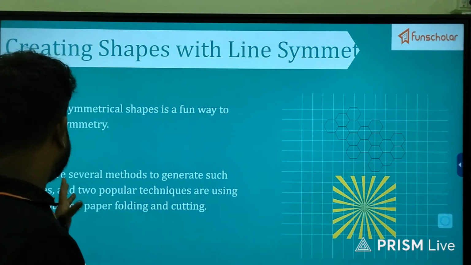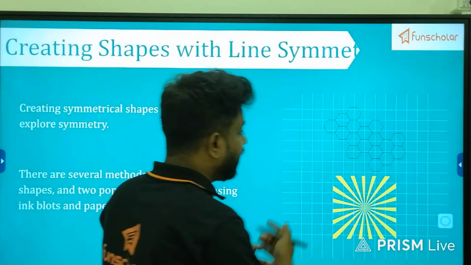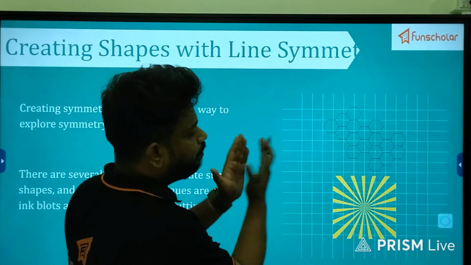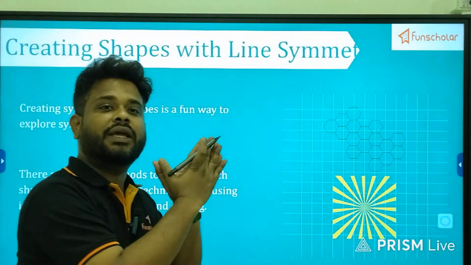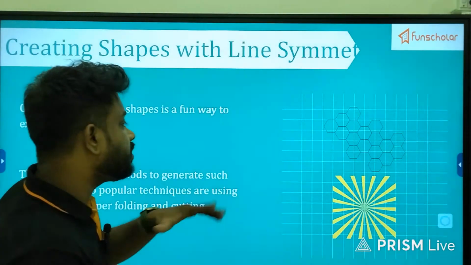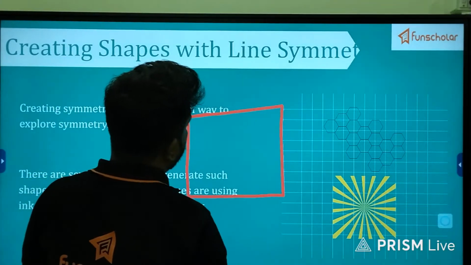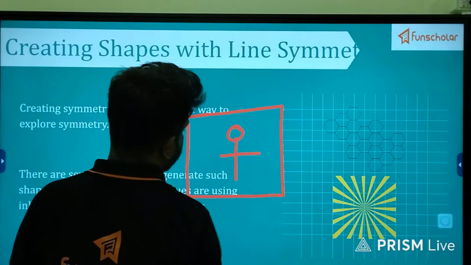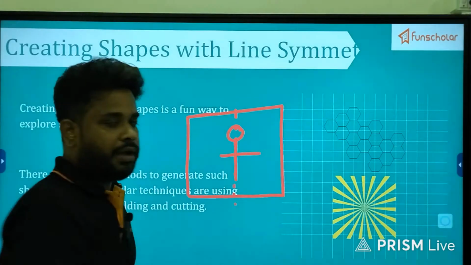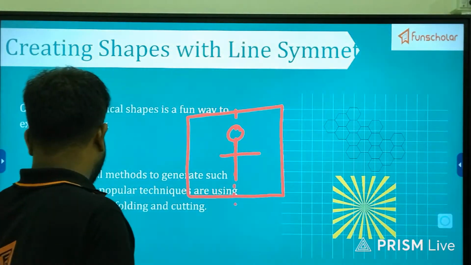And the next thing is ink blot and paper folding. Yes, by the paper folding technique we can also form the line of symmetry or the symmetrical figure. If we fold a paper like this, okay, we will have two equal sides of paper. If we draw something on it, like if this one is a paper, and if we draw something here, and if we fold the paper in between, we will have a symmetrical figure between them. Okay,